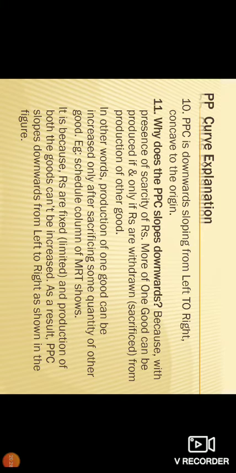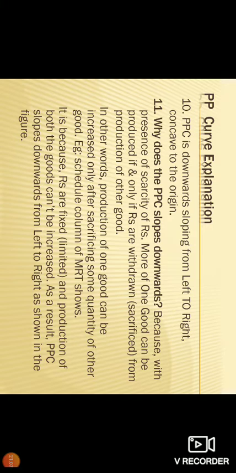So in the next question, why does the production possibility curve slope downwards? A 2 marks question may arrive. It is altogether a 4 mark question: Explain production possibility curve. Along with that, I have explained many other possibilities, many 1 mark and 2 marks questions, very elaborately. Even the meaning is a 1 mark question. So whenever a point comes, I will tell you what questions come from here. From here the 1 and 2 marks questions can come. Why does the production possibility curve slope downwards?